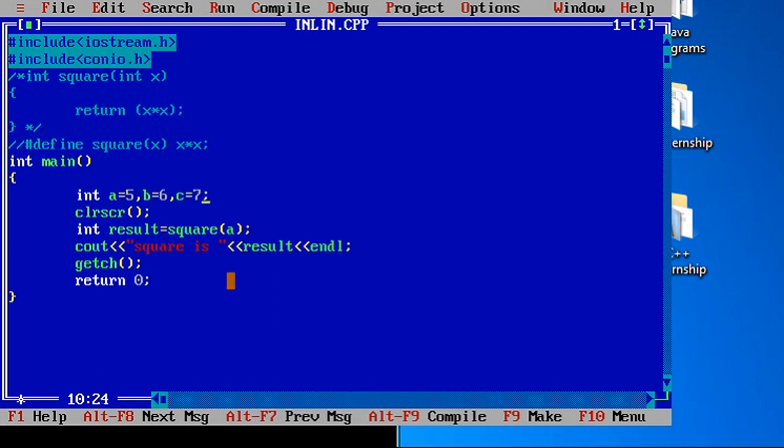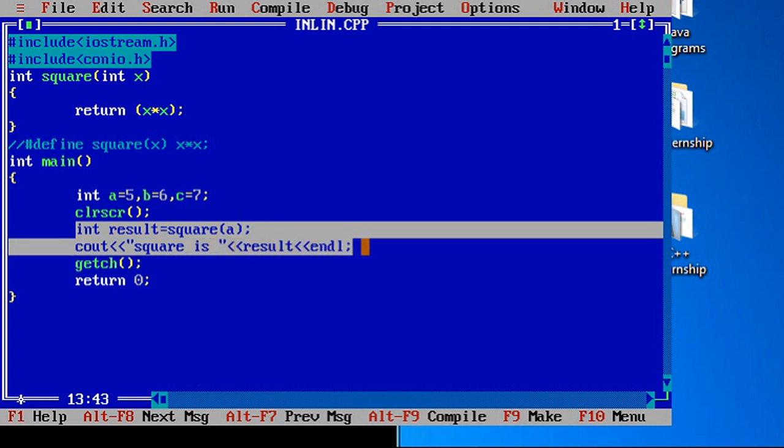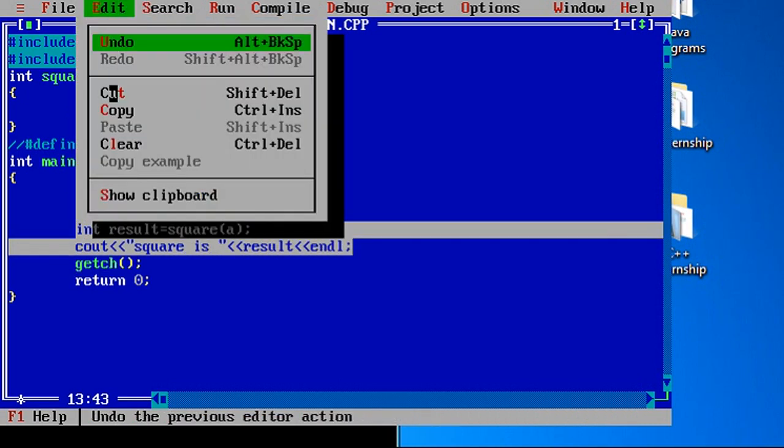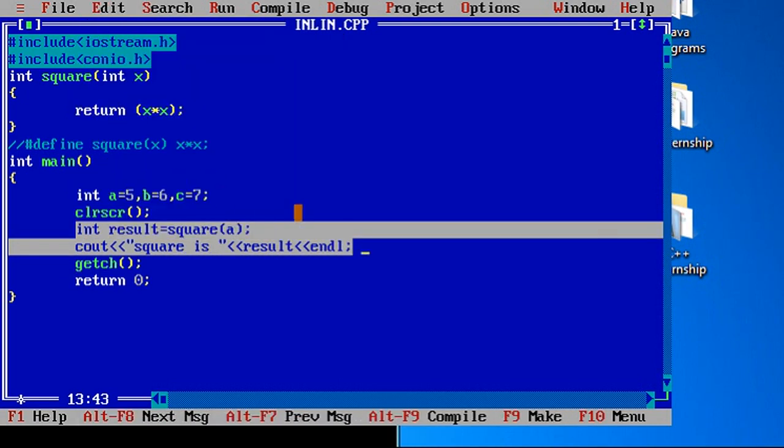It is not that we can call a function only once, we can call a function multiple times. This function I am calling once, so I get the result 25. Again I want to call this function, so I will copy this code from here and paste it here.